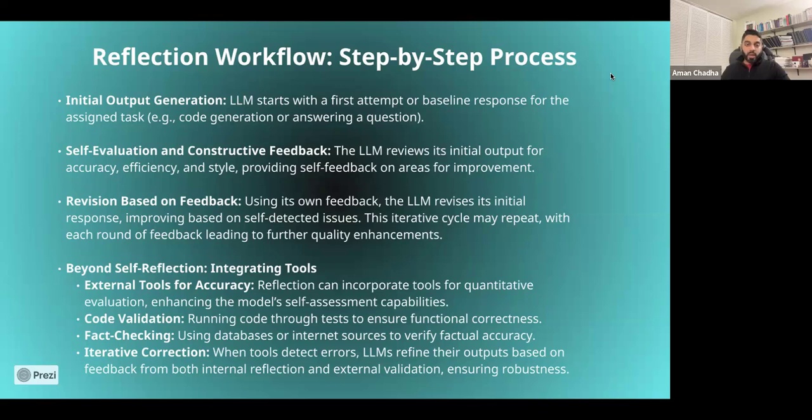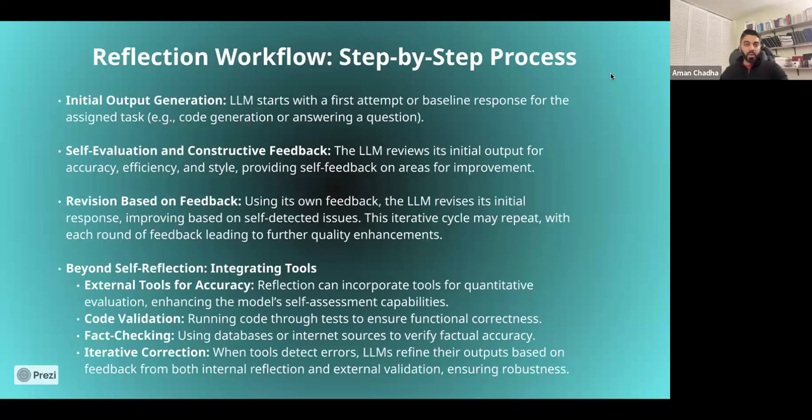If it's code that's being generated, you can run it through tests that you've already set up to ensure that it's correct. So for code, we could model this as a test case problem where it can go through certain tests and ensure that we have functional correctness as part of the evaluation step in the loop.